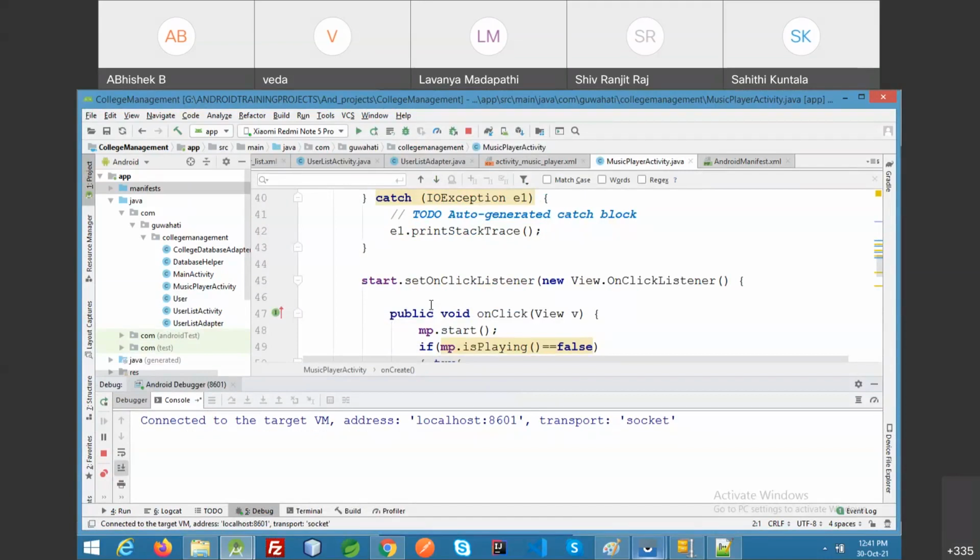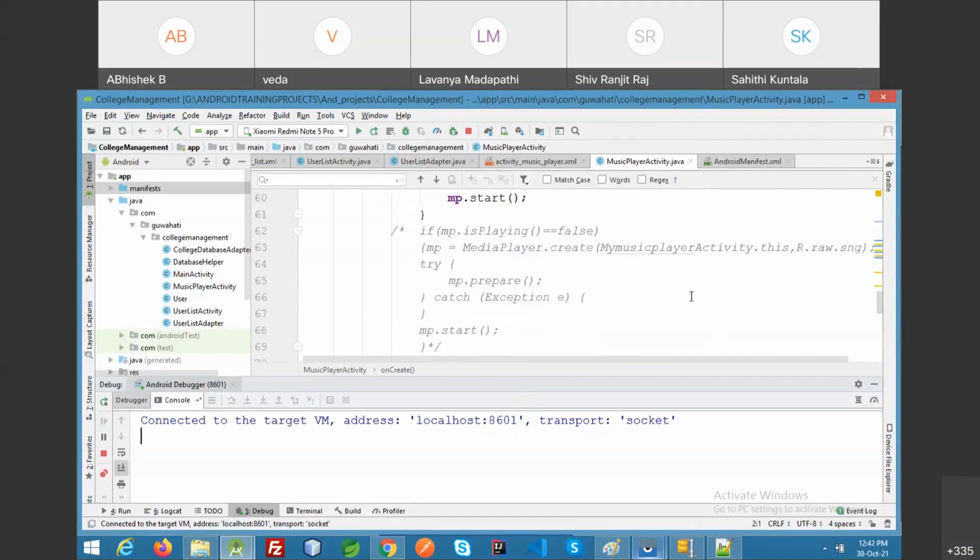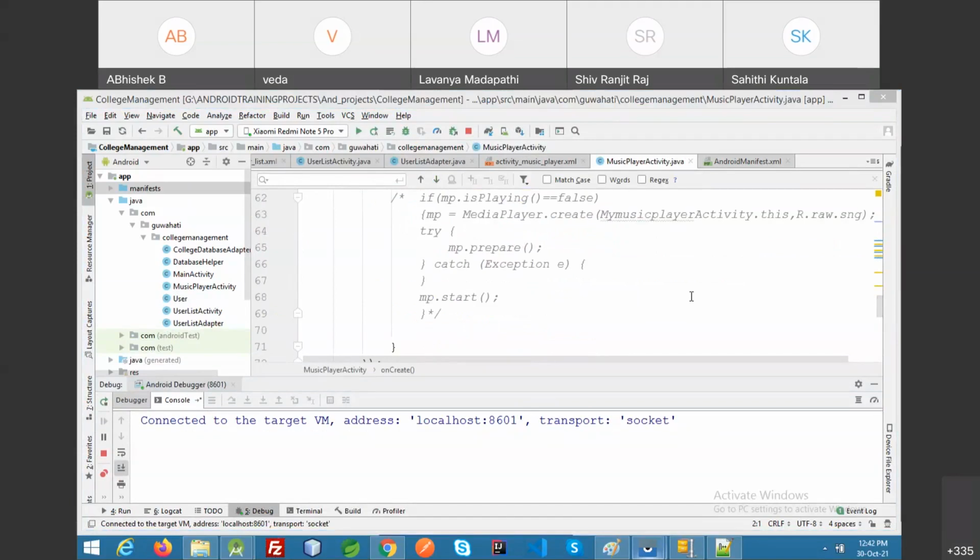That is why I am not able to type anything, to link XML and Java.